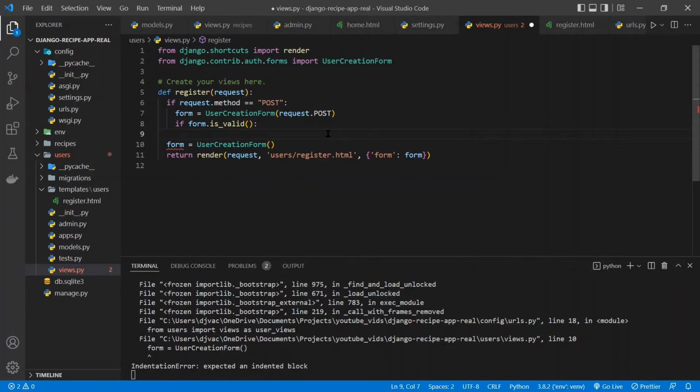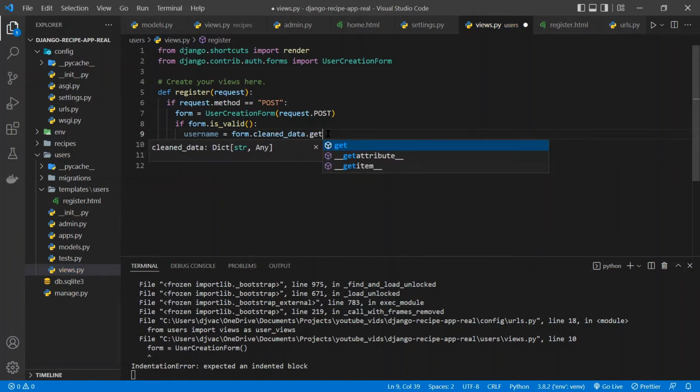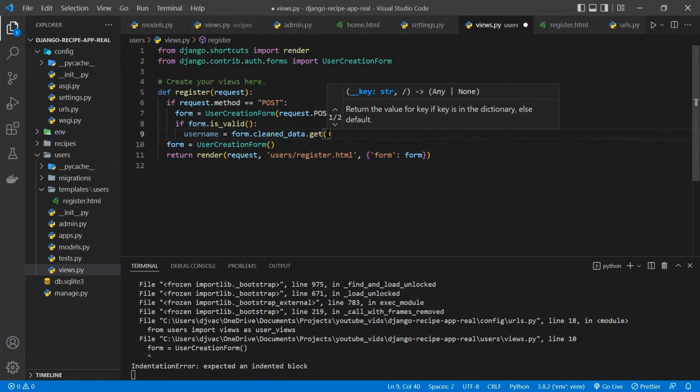Then here we can actually handle the data, and we have the clean data. So we can grab the username field, for example, equals form.cleaned_data.get, because the clean data is a dictionary, and then whatever we want to grab. So we'll grab the username,